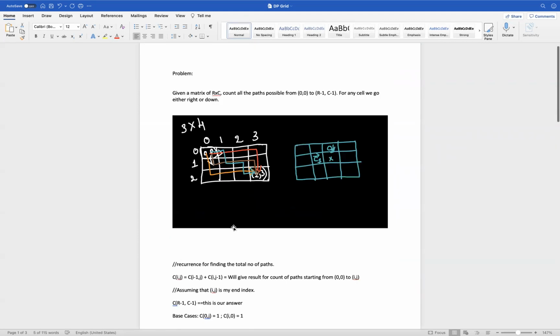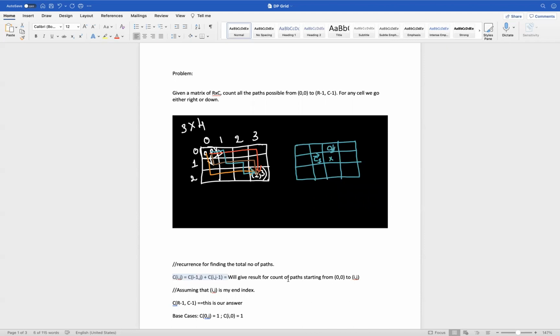I already said that in my first case, I formulated this recurrence formula assuming that C of i comma j is my end index. How I calculate is, I count all the ways from which I can reach this cell, and sum all those counts.